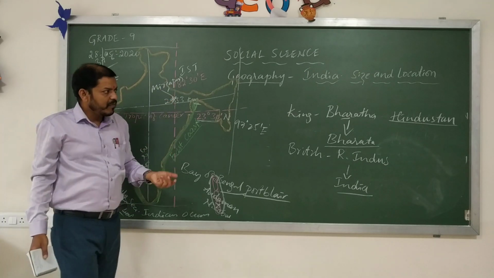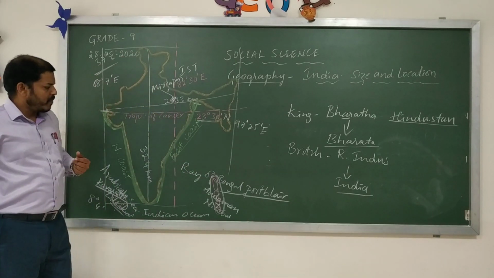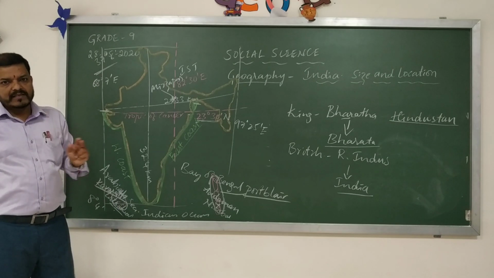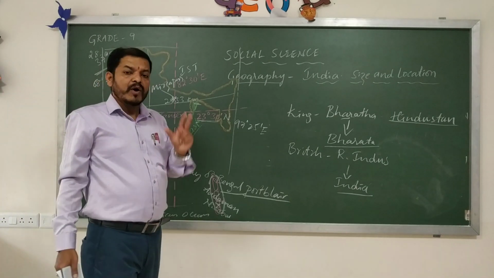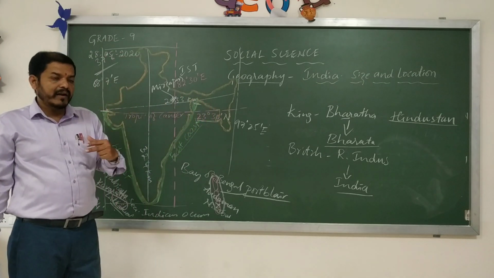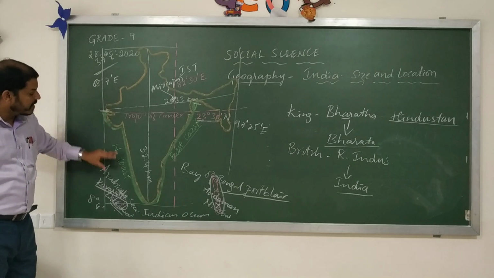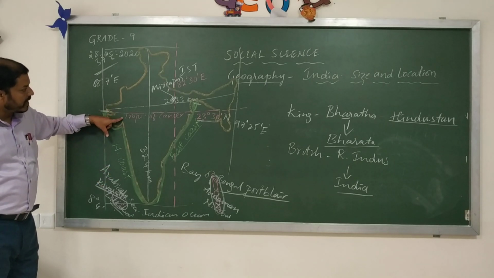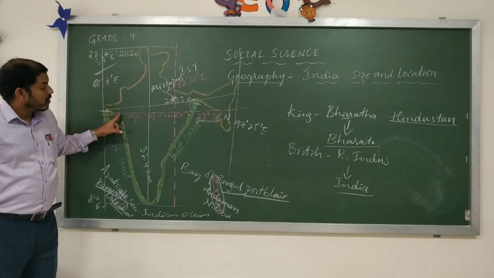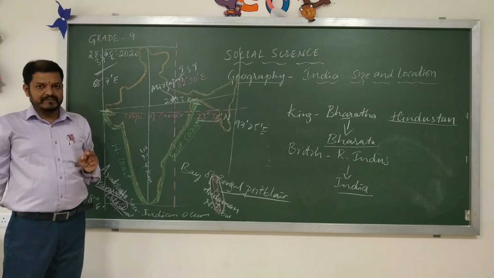After this information, I want to share one more important point here, that is map marking questions. From the examination and test point of view, map marking is very, very important. Based on these important things, many places I have already marked and shown you. Even the Tropic of Cancer, the Indian Standard Time Line, and one more thing: the Tropic of Cancer is also called the Central Meridian.